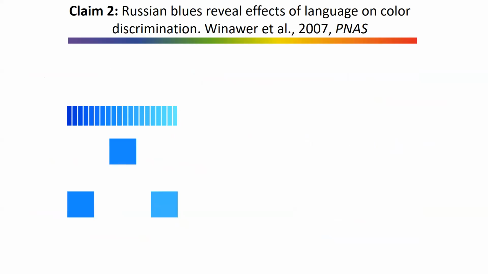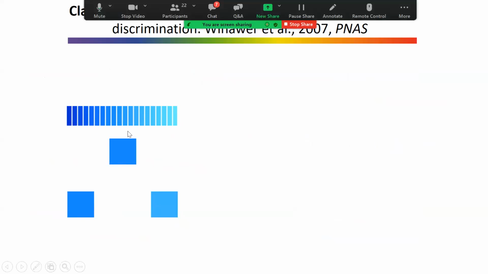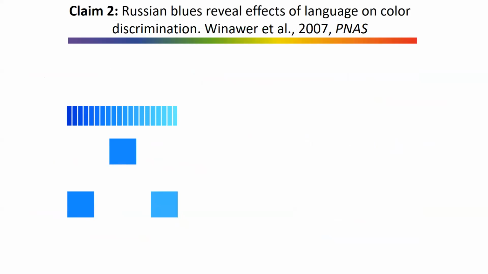In this study, participants were given a triplet of colors, and they come from this sample of color samples here. And you can see that they have 20 colors going from quite dark chromatic blue to quite a light blue. The sequential pairs were 2 steps apart, and participants had to do a task where they had to match which one of the 2 colors below is different from the color sample on top. So one is same, one is different.